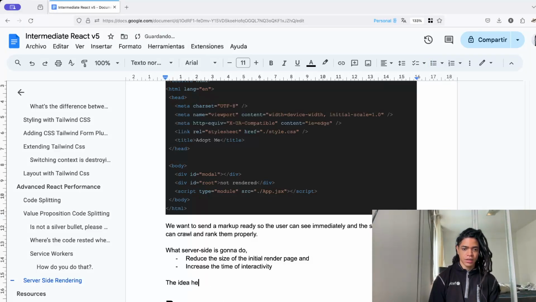So the idea here is that by the time the user loads that,